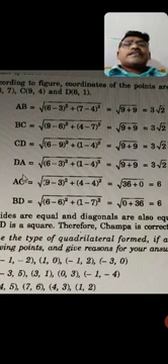So we are getting, I am going to show to you here, AB is also 3 root 2, BC also 3 root 2, CD also 3 root 2, and AD also we are getting 3 root 2. I mean all the sides, the lengths of all the sides, are equal.